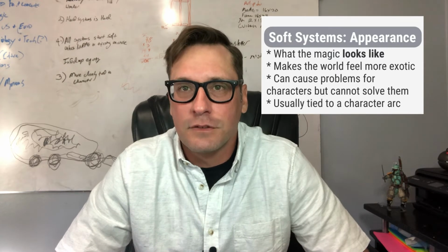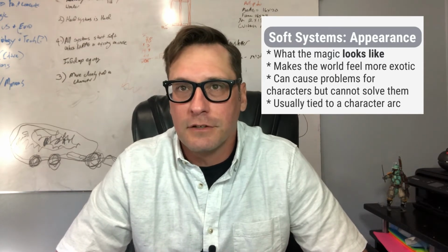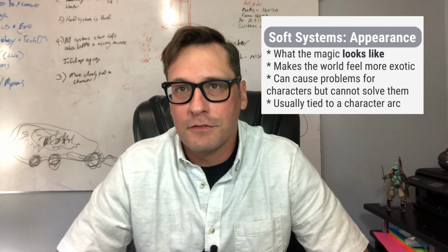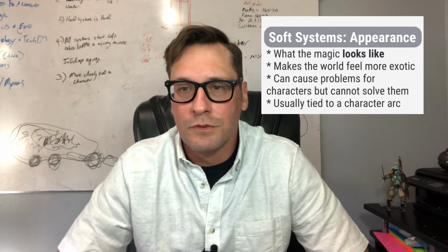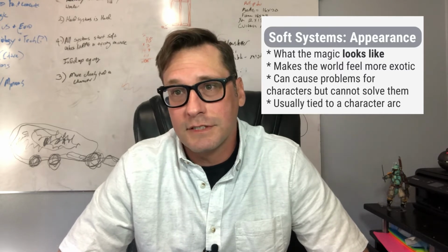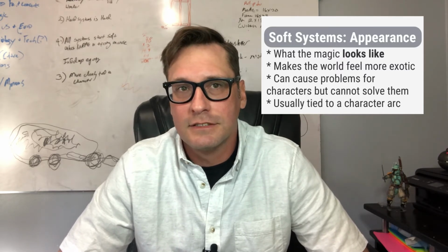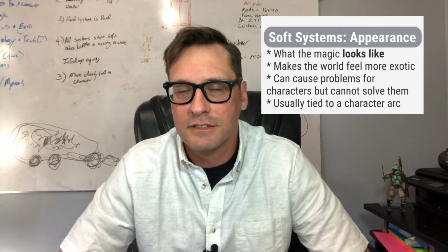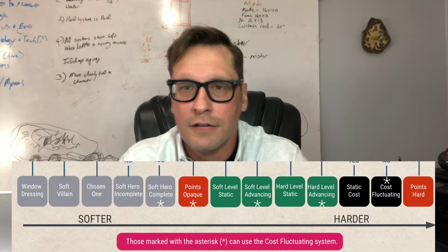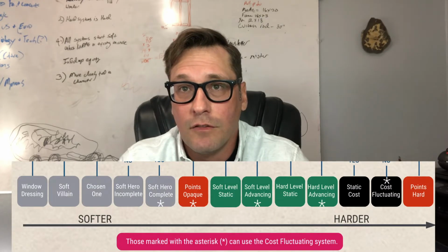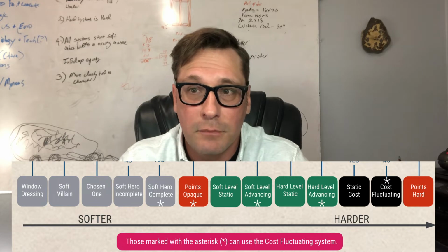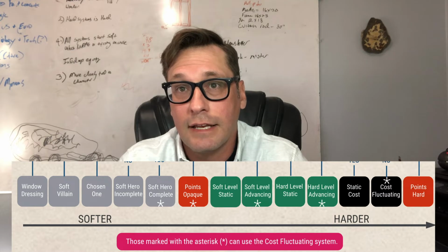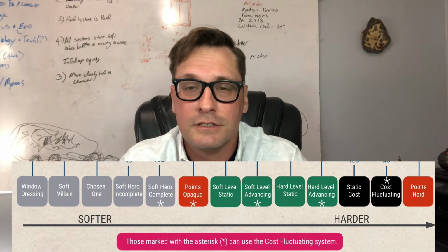This is Sanderson's first law, where he points out that audience enjoyment increases the more they understand the magic system, i.e. the magic can get characters out of trouble so long as the audience understands the rules of the magic itself. Conversely, soft systems feel like Deus Ex Machina because they don't understand why the magic interfered with the story in the first place, so it creates the sense that it was unearned. So if we look at our spectrum again, the softer it is, the less it can affect the plot itself. The closer to the middle, that's when it starts affecting character arc, and it can have an effect on the plot, and we'll see how in just a second.